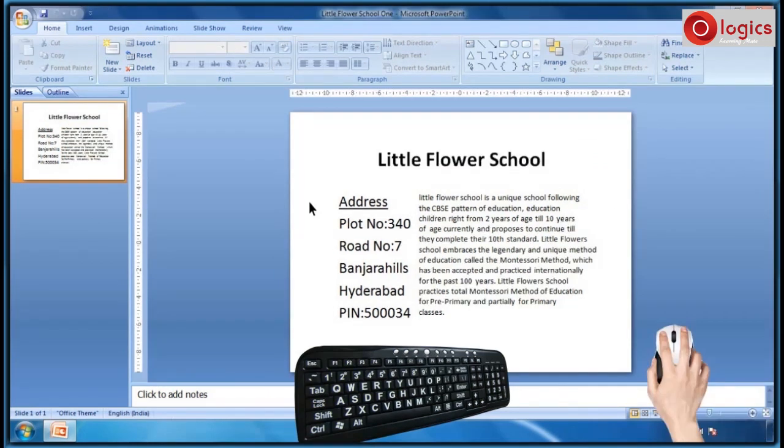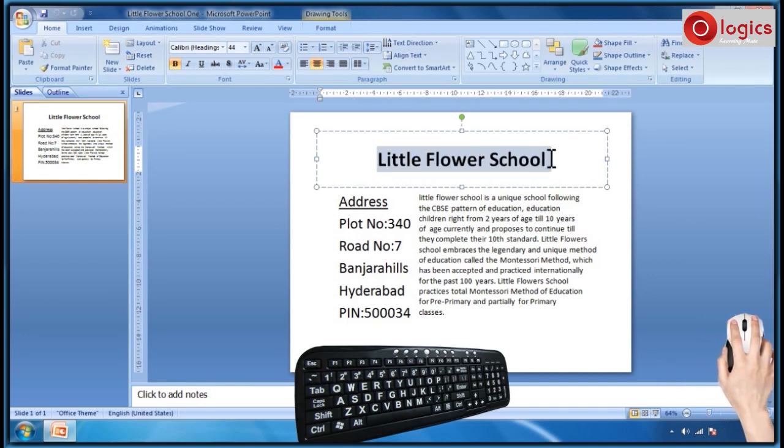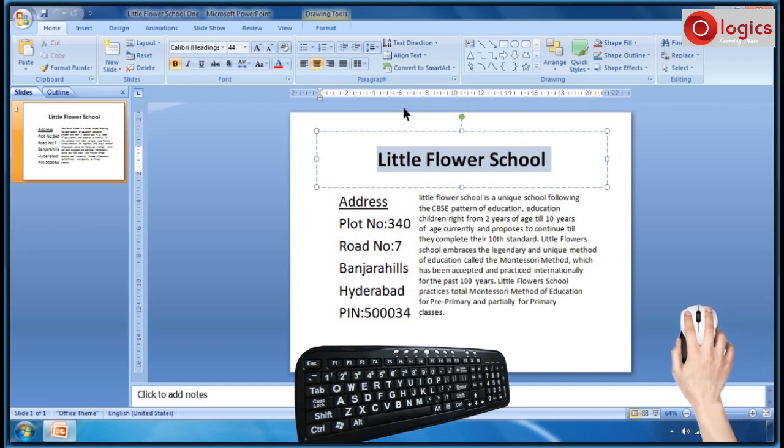We are going to work with different font styles and font sizes and format the slide with bold, italic, underline and other commands. Select the text in this placeholder. Click on Font drop-down box.